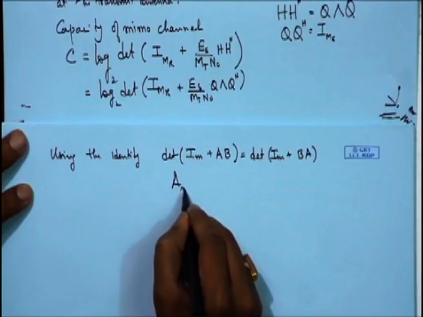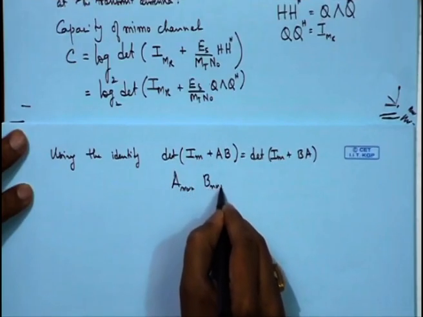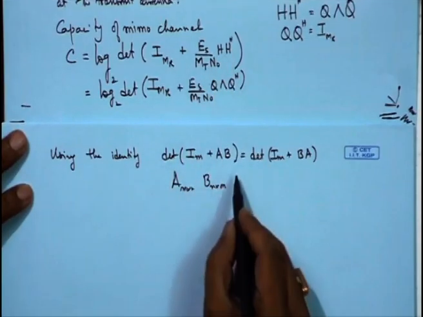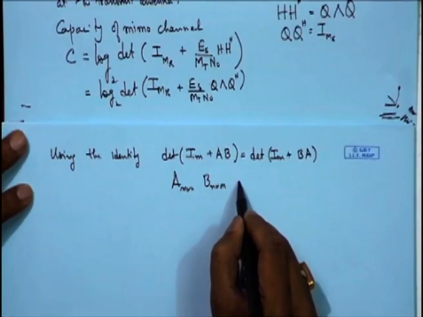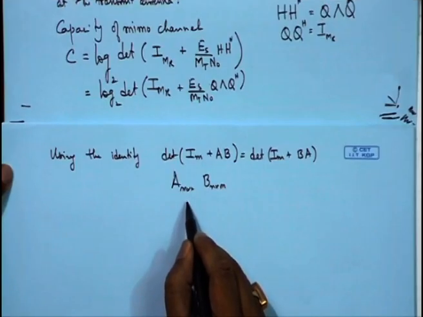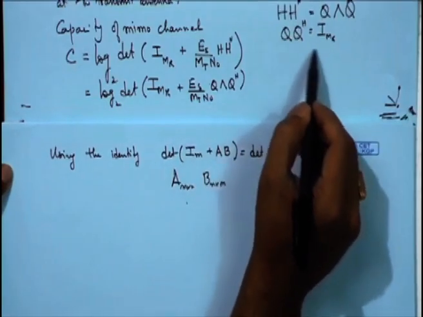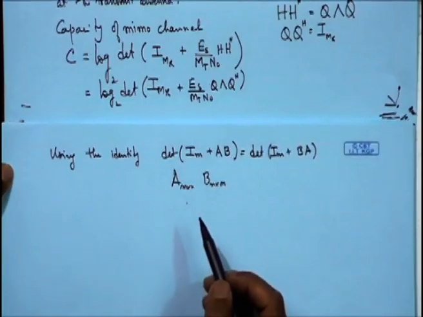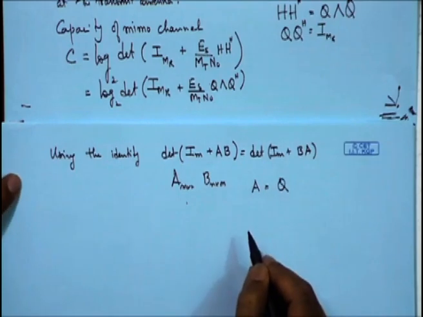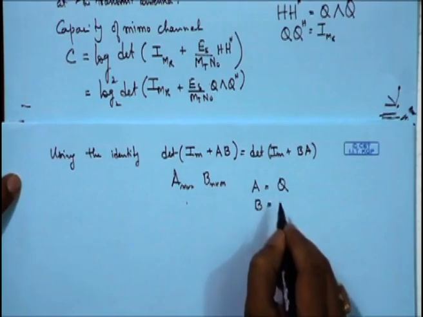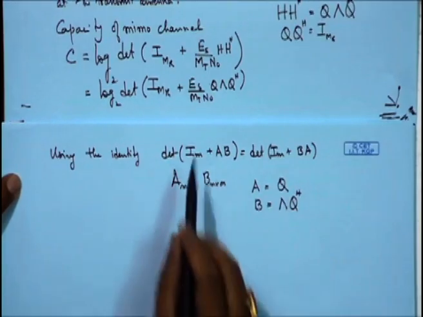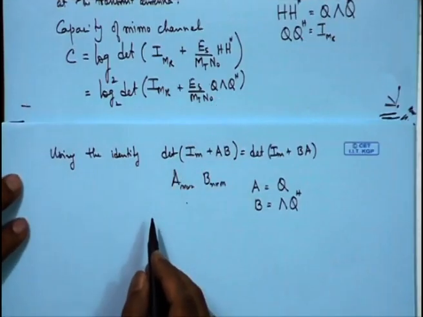You can take A to be M cross N and B to be N cross M, because we have H Hermitian. So if we have it in this format, we will take this, and we also have Q Hermitian Q as I_MR. So this is already given over here. Q Hermitian Q is I_MR, and suppose I set A equal to Q and B equal to lambda times Q Hermitian. Suppose I use this in the expression above, what I would get is